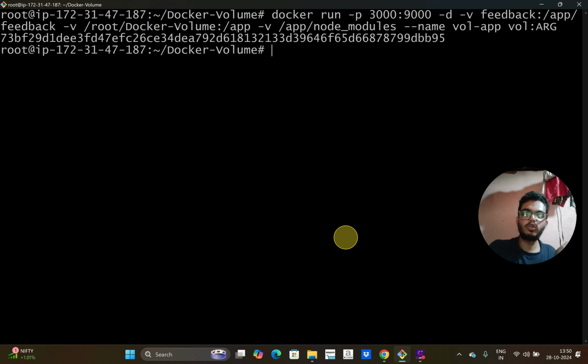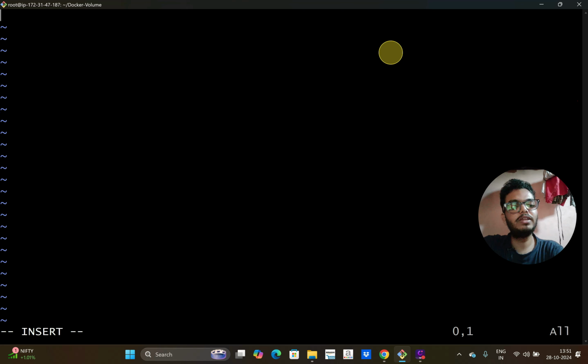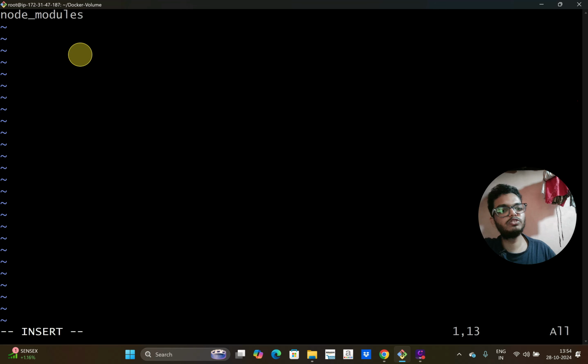Let me quickly explain one more topic in Docker. That is the .dockerignore file. Like in Git, there we have the .gitignore file. Here we have the .dockerignore file. You can create this file in the same directory as the source code. If you don't want to copy any file in your image, then you can add those files or folders in this particular file. For example, if you run npm install on your host machine, then it will create a directory called node_modules on your host machine only. And if you don't want to copy those files inside the Docker image, then you can add those in the .dockerignore file. Like this you can add. So that is the use case of the .dockerignore file.